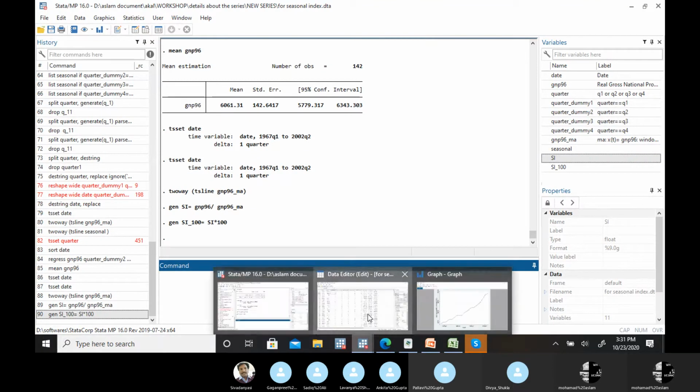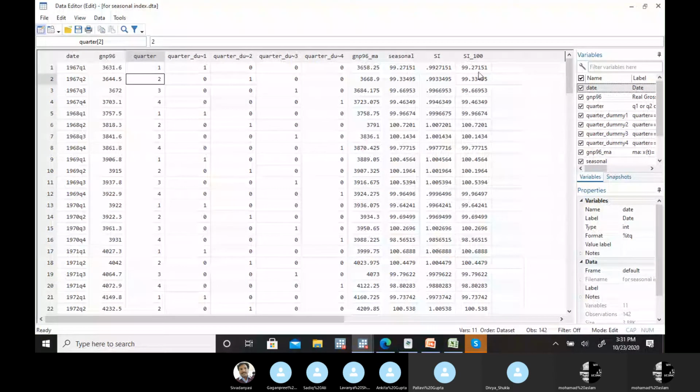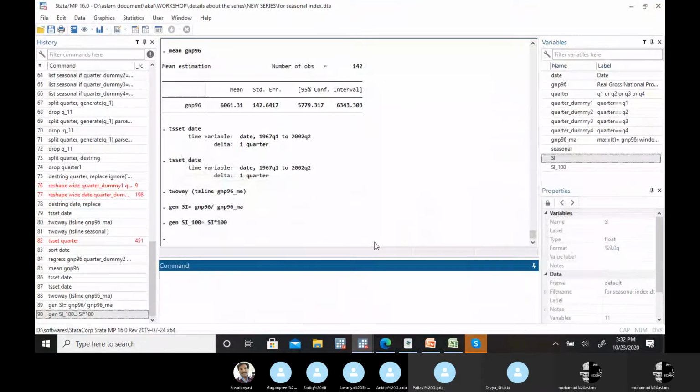Now you have a variable in a percentage form. So this is our seasonal irregular component, with the ratio to moving average method that we did yesterday to find out the seasonal irregular component. Now we have to eliminate the irregular component out of it. We need elimination of the irregular component.